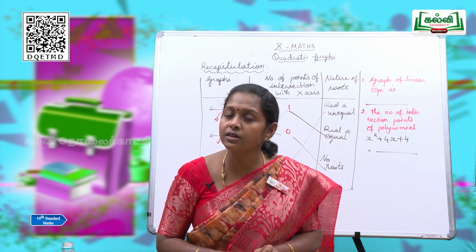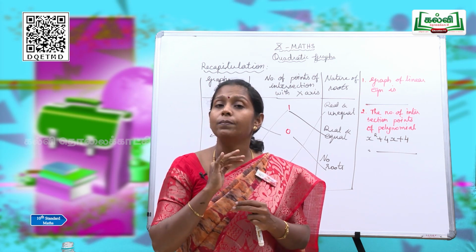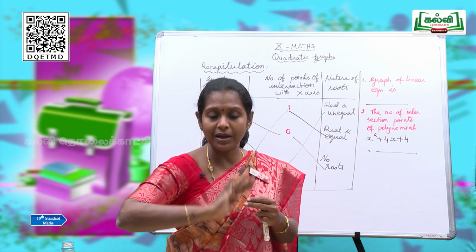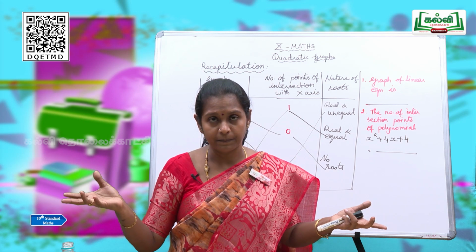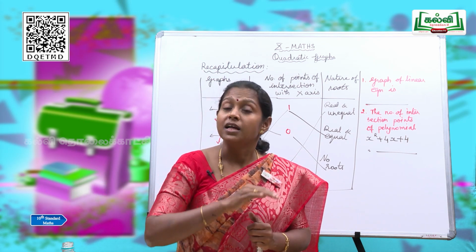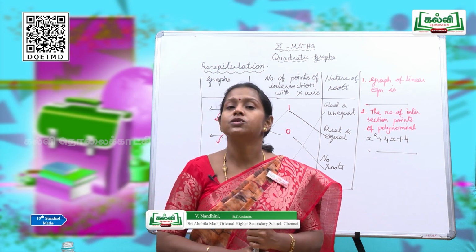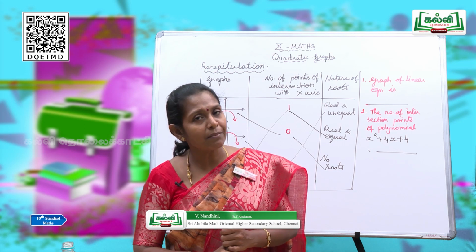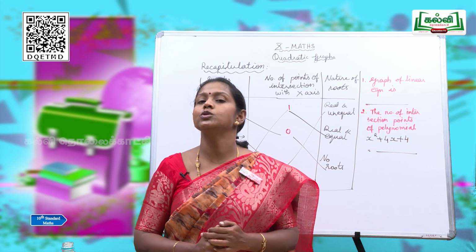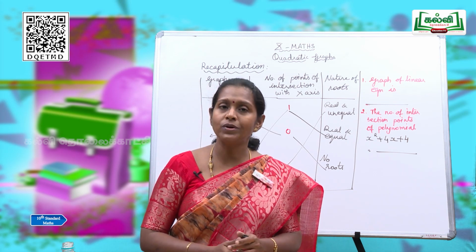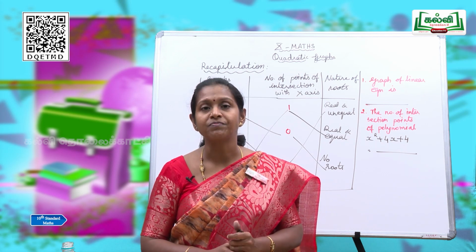Where are we using that quadratic graph? If I am throwing a stone from here, how will the projectile be? The trajectory of the path will be like this, like a curve. It is a parabola. And in a water fountain, and a bridge, you can see curves like parabolic curves. So quadratic graphs are not only a mathematical concept, they are there in your real life also. So it is very, very useful in your future. Learn it thoroughly and do so many questions, and we will see in the next class with some more questions. Thank you, children.